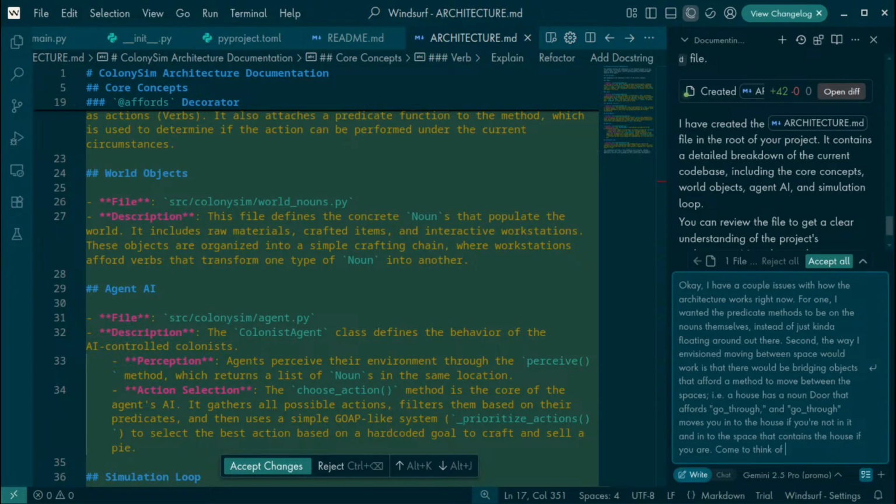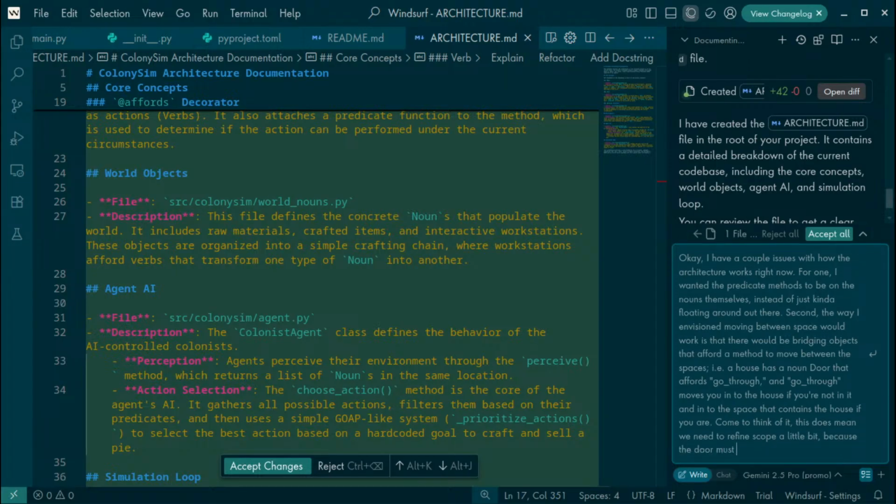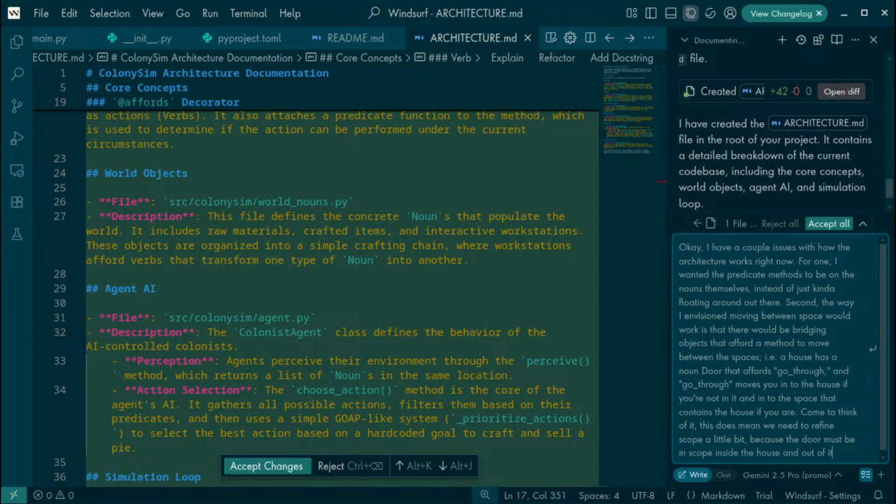Come to think of it, this does mean we need to refine scope a little bit, because the door must remain in scope, must be in scope inside the house and out of it.